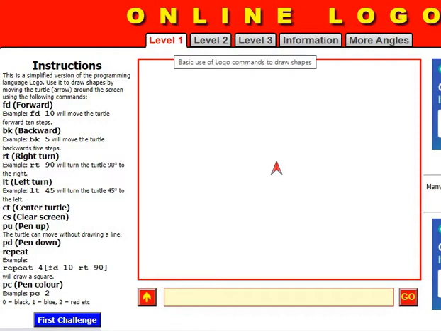I have opened level 1 for you. Here are some instructions. Read it. This is a simplified version of the programming language Logo. Use it to draw shapes by moving the turtle arrow around the screen using the following commands. So this is the instruction.